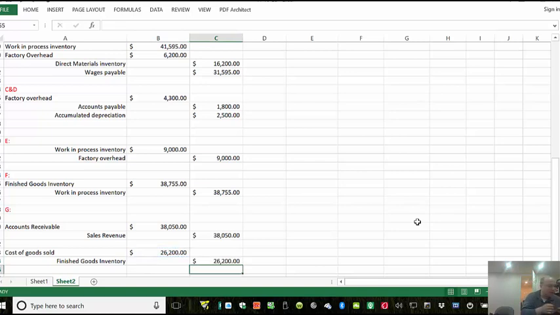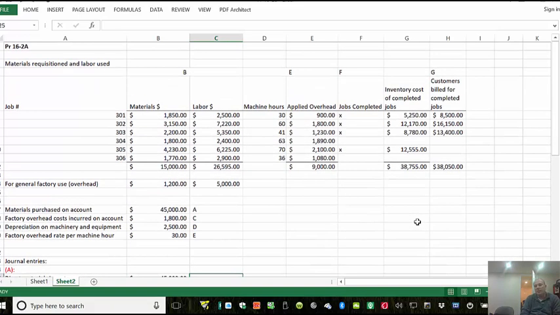So this is basically the problem. You're asked, at the end of the day, to tell us what is the amount left in work in process, and what's the amount left in finished goods. I'll leave it up to you. You basically need to create T accounts, journalize all the entries, and compute ending balances. So this is at this point trivial. But that's essentially how the mechanics of job costing works. And this is a very nice problem for that purpose. Thank you very much.